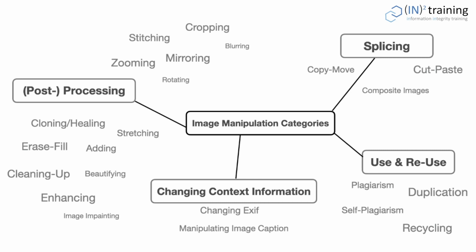We call this self-plagiarism or recycling or image reuse. The term image duplication is applied when the same image is used more than once in the same publication. You may ask, why would one do that? One possible answer again is due to sloppiness or mistakes that occur when preparing a publication. But often images are used more than once to let research results look better and more profound than they actually are.